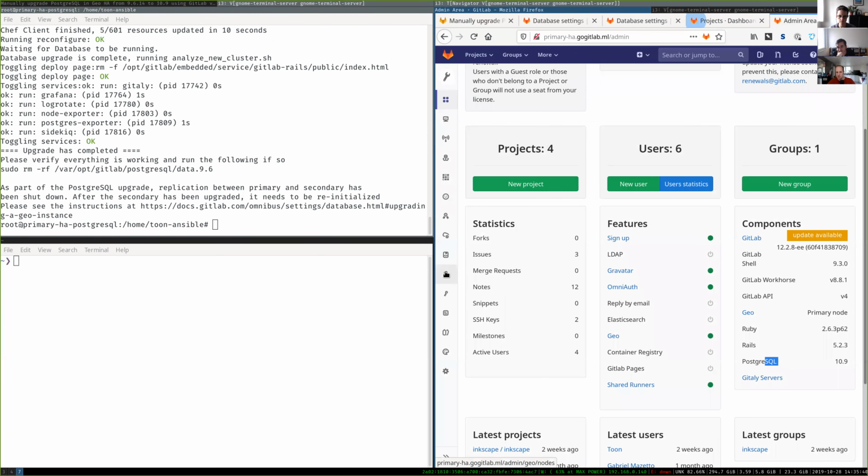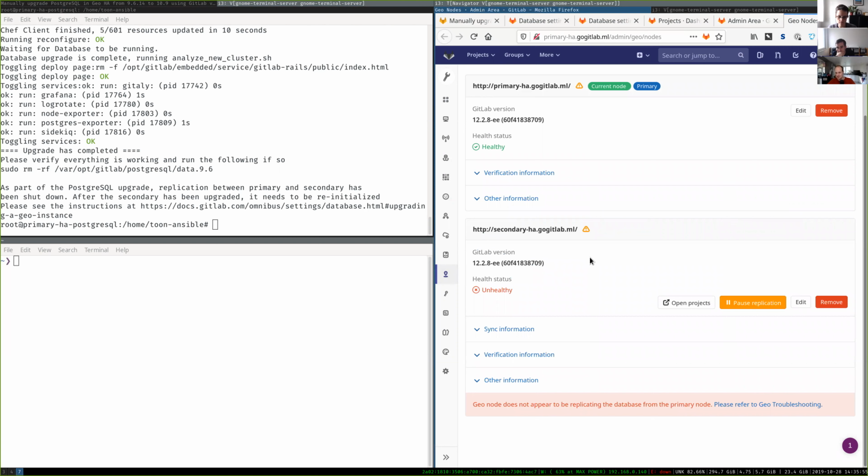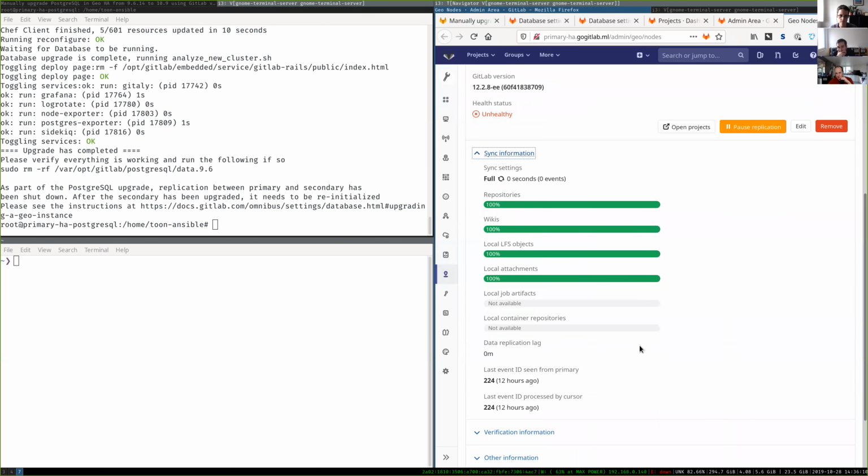Why is there no menu for Geo? Weird. This is, I think, probably because of the... Okay, yeah, so this also makes sense. The replication broke because you have different Postgres versions. Okay, yeah, the replication is broken. That's true. Sync information, so the replication...